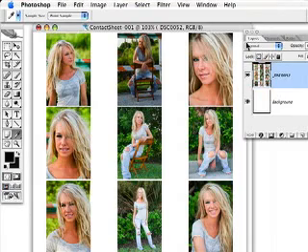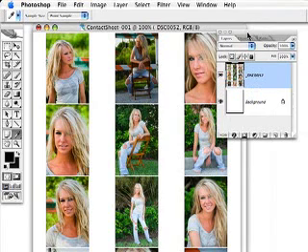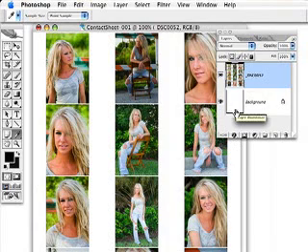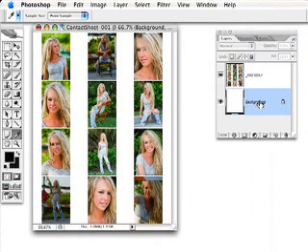So if you look at my layers palette, you can see here's what I'm talking about. Here's all the photos, it's one layer, but that's okay, because we're just going to use this to build on. So here's what we're going to do. We're going to try and make this look perhaps a little more interesting for the future. So I'm going to go to my background layer, and I've already chosen a very dark gray, so I'm going to Command Delete on the Mac, Control Backspace on Windows to fill it with that dark gray, and then make a new layer.